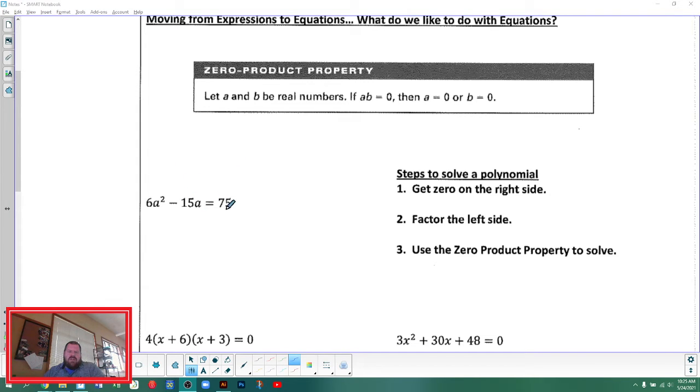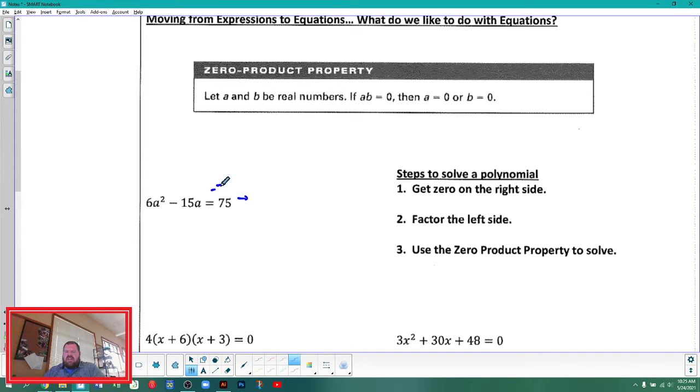So right now, I don't have zero on the right side. I need to get that. And I'm going to get that by subtracting 75 on both sides. I don't want to take away from all the room we have, so I'm just doing it up in my think space a little bit. So I'm going to have 6a squared minus 15a minus 75 equals 0. Now, one thing I know is that all these are multiples of 3. So I'm going to go ahead and factor out a common factor of 3. And that's going to give me 2a squared minus 5a